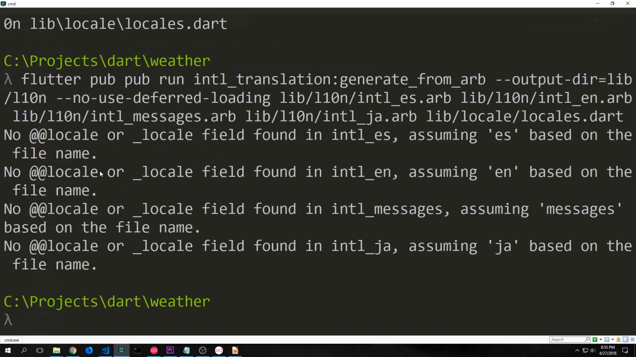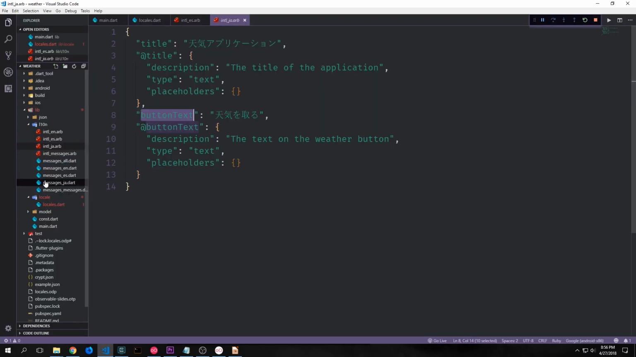Now, it's not uncommon to get a warning like this if you do not have a locale specified inside of each of your ARB files. And this is fine because it will get the actual language key directly from the title of the file. Now we've got 5 new Dart files inside of our l10n folder, the most important of which is this